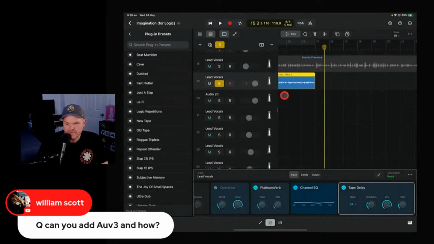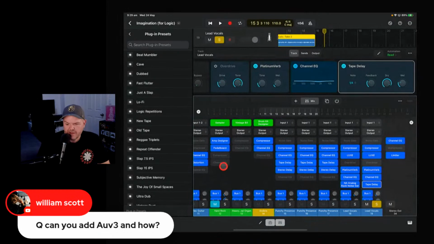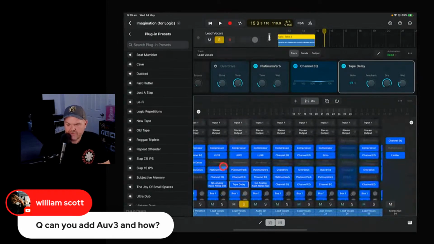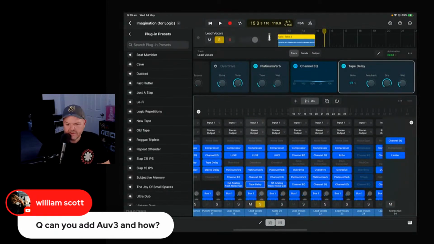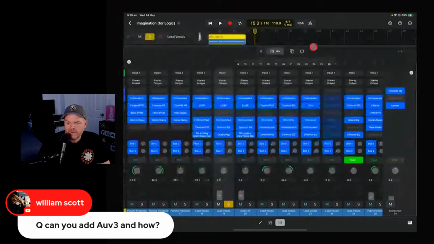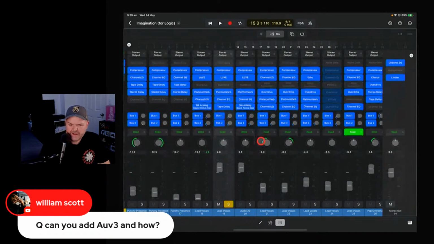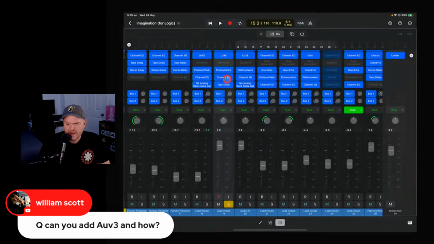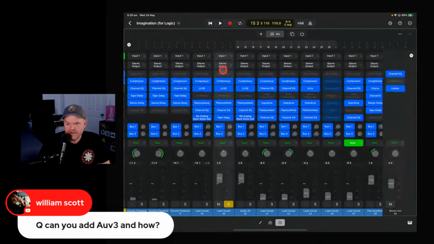Yeah, sweet. So that's our plugins. The other place you can adjust plugins is in your mixer. So if you're into your mixing phase, you can come in here to your mixer, and then if we find that same track, you'll see, in fact, let's get rid of the browser. Let's get rid of the plugins section, and let's bring the mixer up like that. So down here, you can see there is our track, and we've got all of our plugins up here, and we've also got bus sends here.